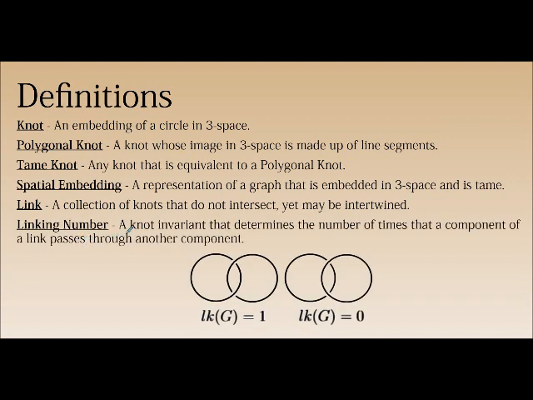Linking number is a knot invariant that determines the number of times that a component of a link passes through another component. So the thing with linking number is that we're going to be looking a little bit at how to determine linking number, and it requires that we set an orientation on the knot or on the link itself, and again an orientation on each component. So I'm going to have both of these going in sort of opposing directions, but just to show that when I look at a crossing between two